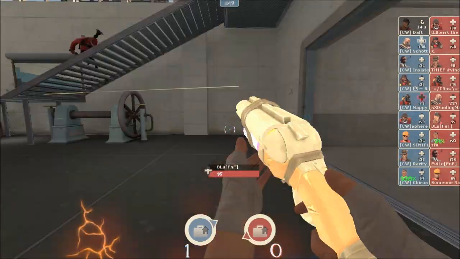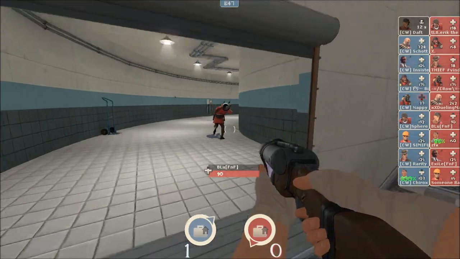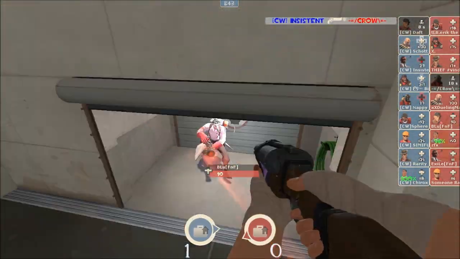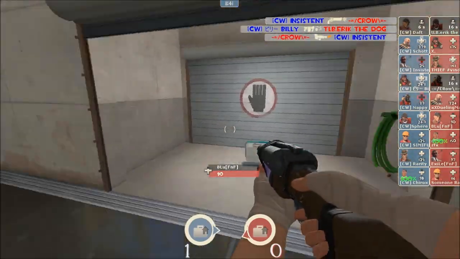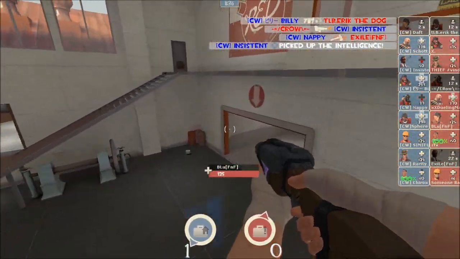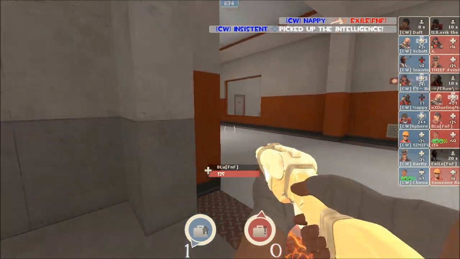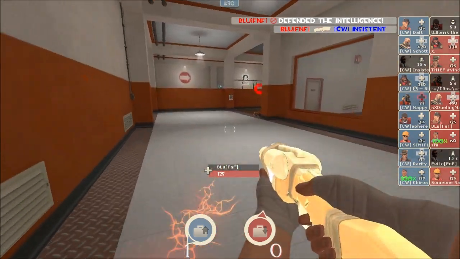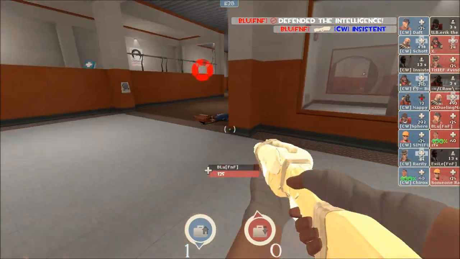Blue's got the soda popper crits, but was not getting in there to do any damage. And he's actually got Bonk as well. He could, if you wanted to, take that, sneak on into the opponent's base, because while you're under the effects of Bonk, you are, of course, invincible. But right now, he's having to stop his own intel from being captured, because that is Insistent getting in there